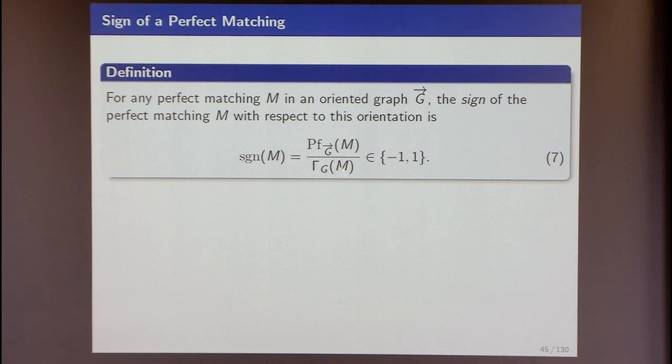Okay, so now comes the definition called the sign of this perfect matching. You're given a perfect matching in the oriented graph, and you define the sign as this ratio. Remember, this is just, irrespective of the orientation, you just put the weights there. And this is the term that I just defined, which is, of course, always going to be a plus-minus sign. You can say that perhaps all of this business is about the plus-minus sign. But that's kind of making it too little, because this is where, in fact,